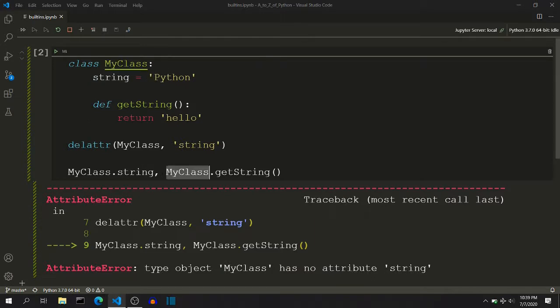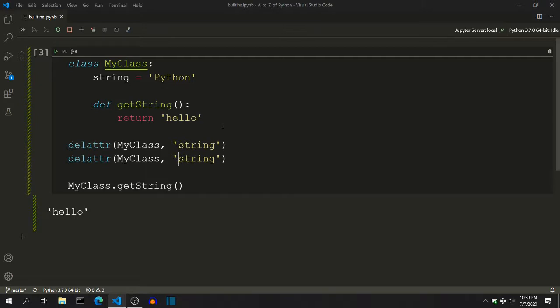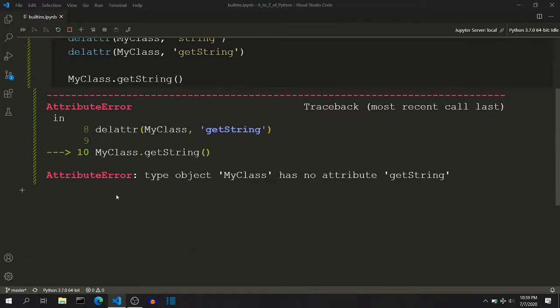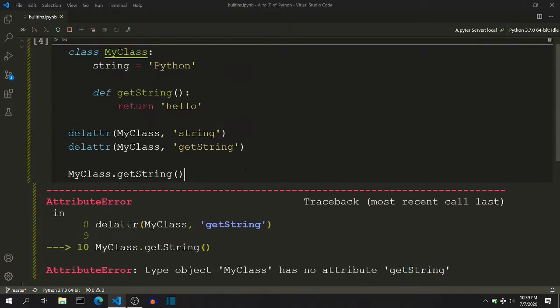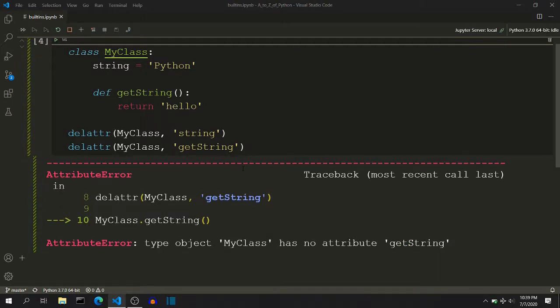So we need to delete this, and it just returns hello. To delete the function, we can copy this line and convert it to getString. I'm not using a parenthesis like this because we just need to pass the function name, and it will again lead to attribute error. My class has no attribute getString. So in this way we can delete attributes of any object or a class very easily,